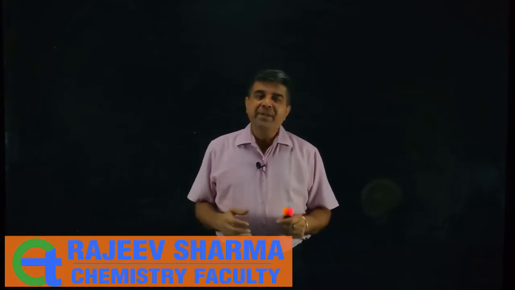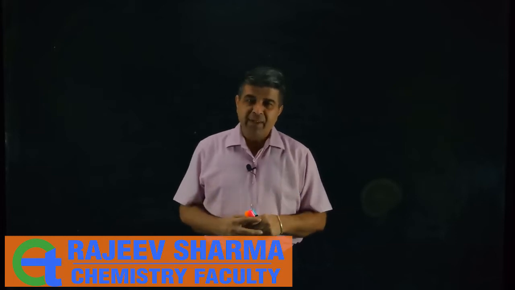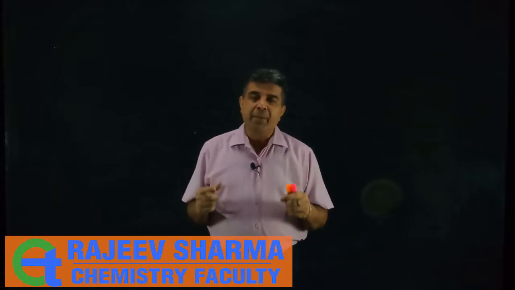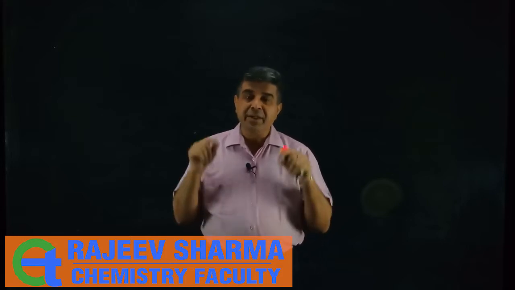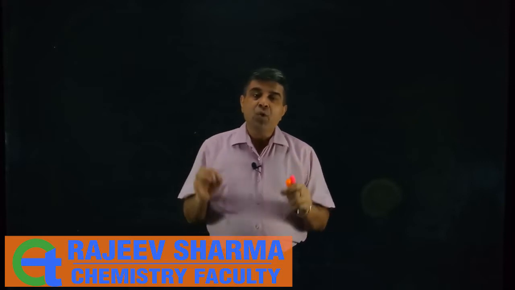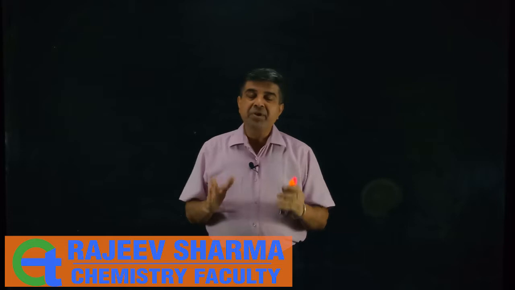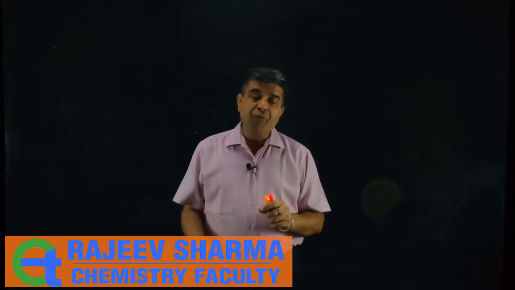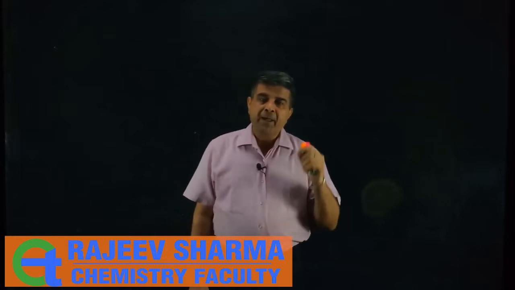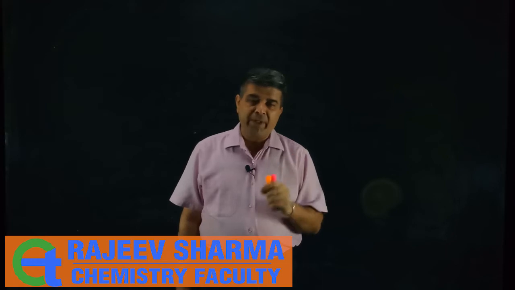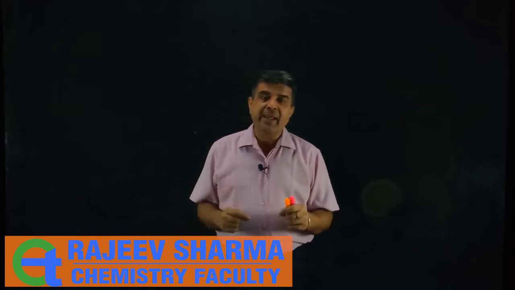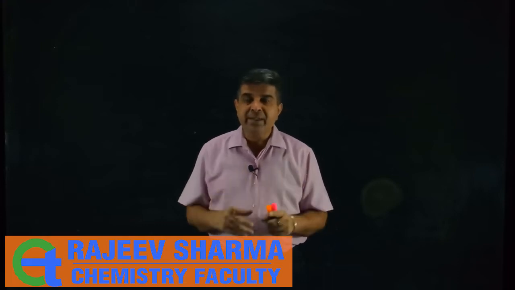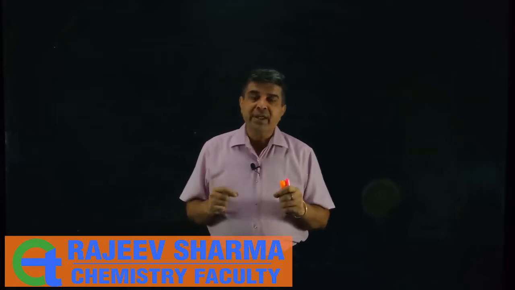In this episode, I'm discussing Bohr's atomic model. If you have seen my last episode, that was Rutherford atomic model, the link of that video is in the description box below. In that episode, I clearly mentioned that the major drawback of Rutherford atomic model was that Rutherford was not able to explain the stability of electron in an orbit. So Niels Bohr tried to explain the stability of electron. Let's meet on the other side to understand Niels Bohr's atomic model.